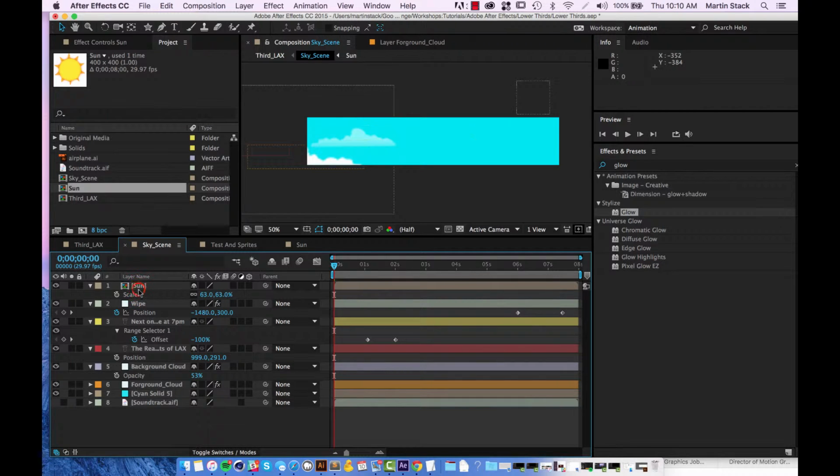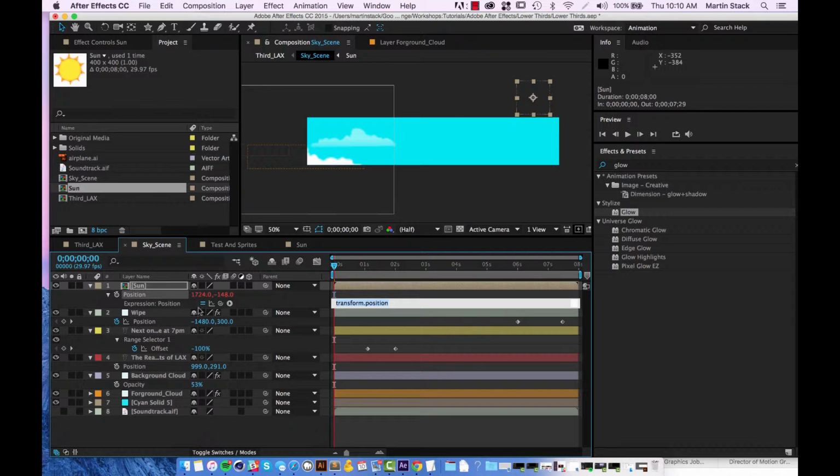And I'm going to show you how to apply the expression to the sun. Since we're going to apply it to its position value, you can hit P for its position. Hold down the Option key and click the stopwatch. And now,